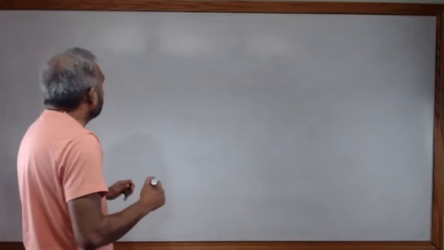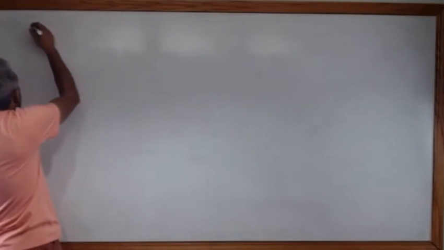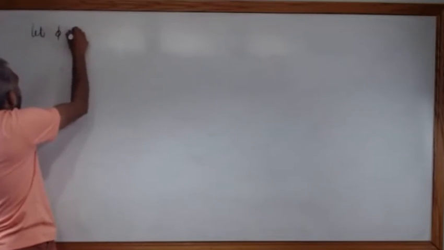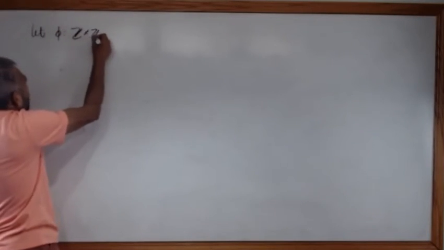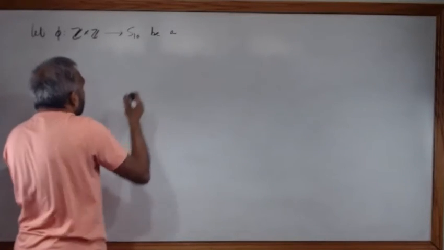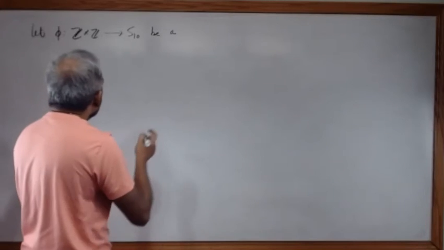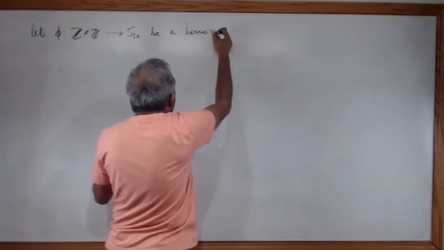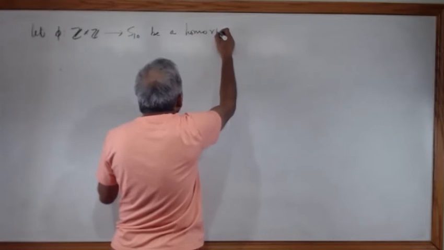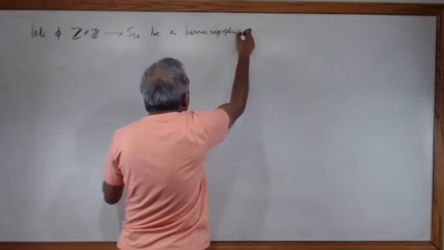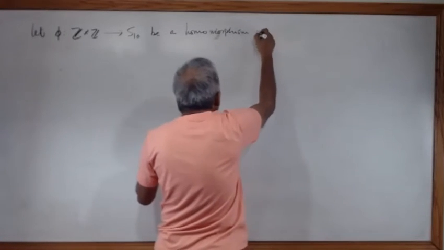We'll do another computational problem. Let phi from C cross C to S10 be a homomorphism defined by